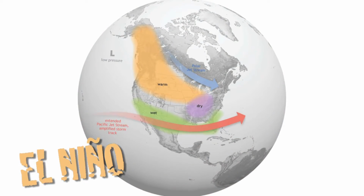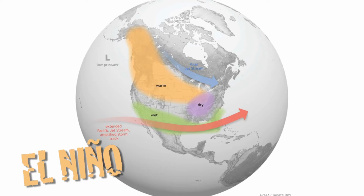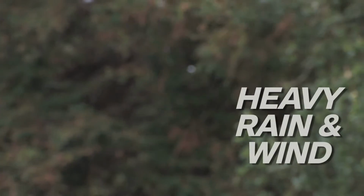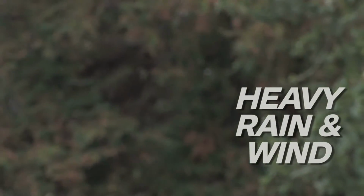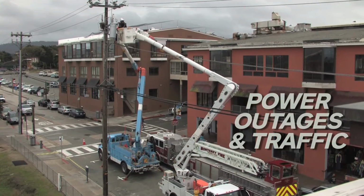There's a 95% chance that we're going to have a strong El Nino through the spring of 2016. Maybe we stop thinking about El Nino. We're in El Nino and we're going to be in El Nino for a while. So what is that going to mean for us? We're likely to get a lot of rain. We're likely to get some heavy winds. We're likely to have some power outages, some traffic delays, and the normal kind of things you might expect with